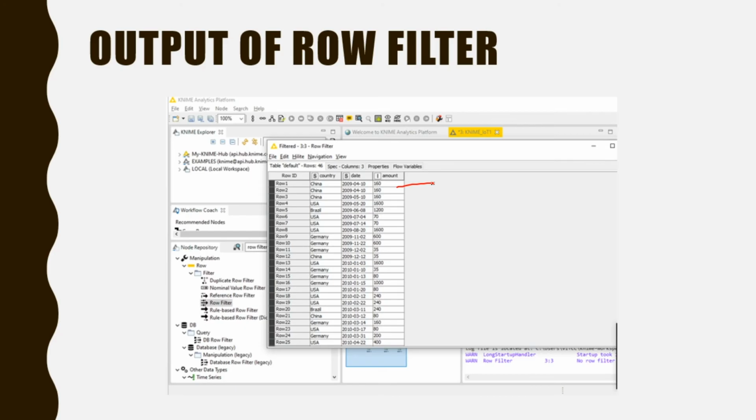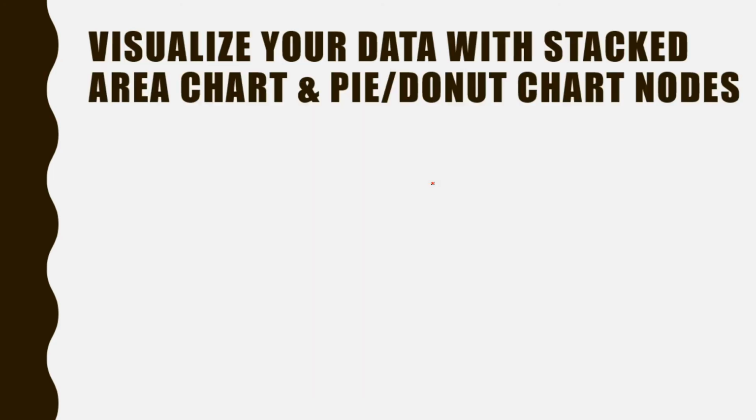So we used column filter to filter out the column details. We are using row filter in order to remove the unknown values, or if you want to filter something with row components, if I want only the China details to be displayed, or I want to exclude the China details, you can do it appropriately. Include and exclude options are available in the row filter.